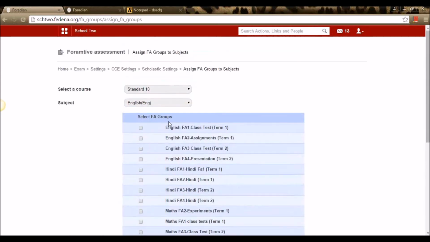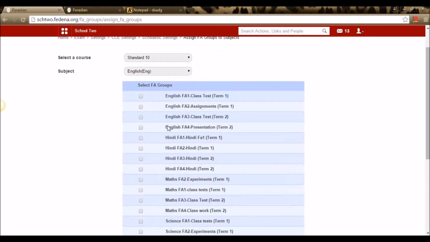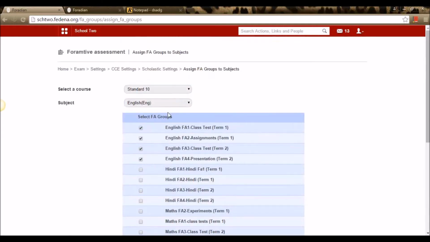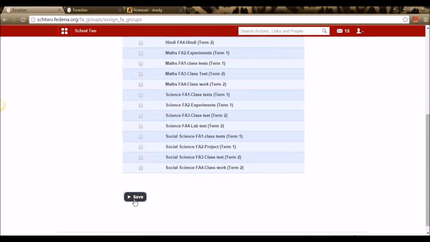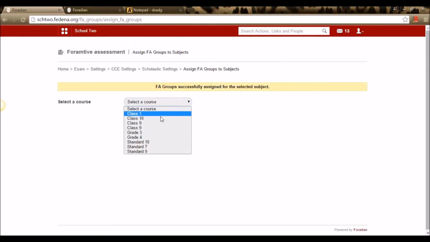Now I need to assign the FA groups for this particular subject. I'm assigning English FA1, English FA2, English FA3 and English FA4. This considers term 1 and term 2 as well. So once this is selected, we need to save it and select the next subject.